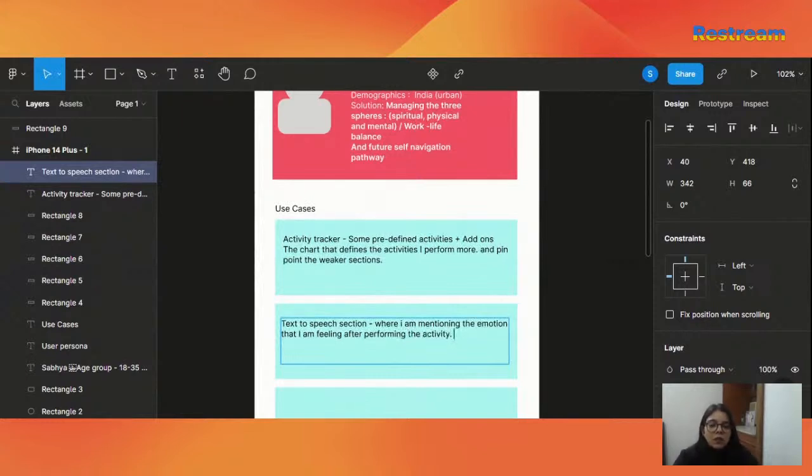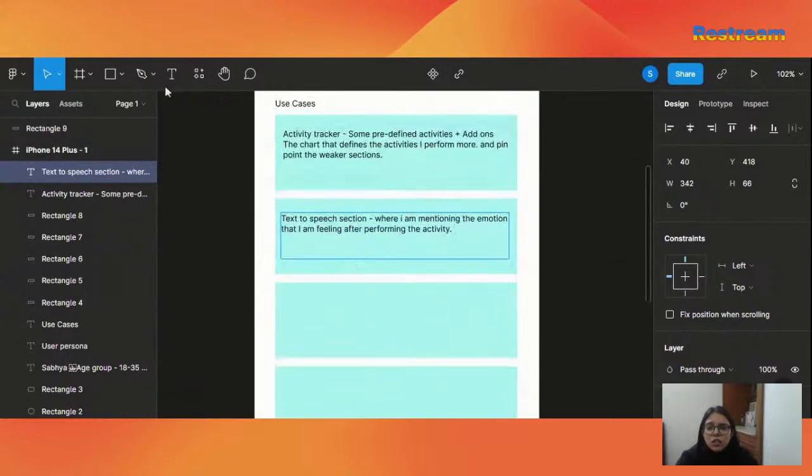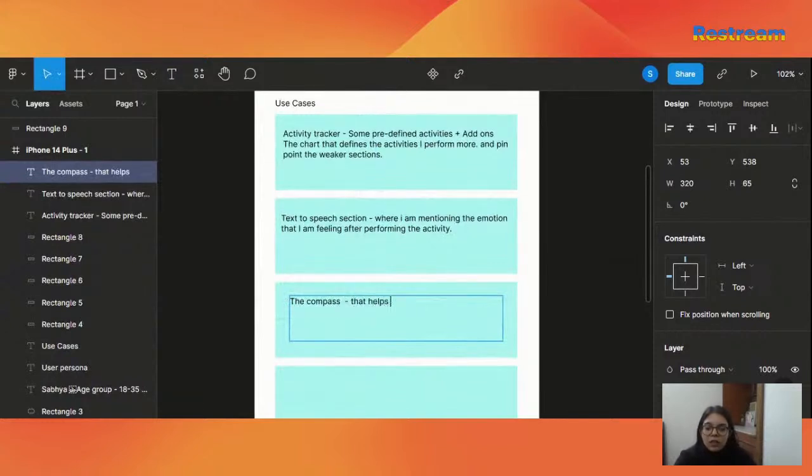Right? Because the entire point of analyzing if it is really working out for me or not in the future landscape is to know how I was feeling about that activity. And then another section was the navigation, okay, the compass that helps me give marking,